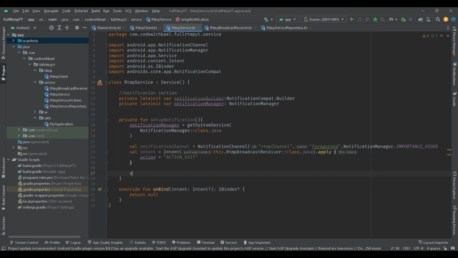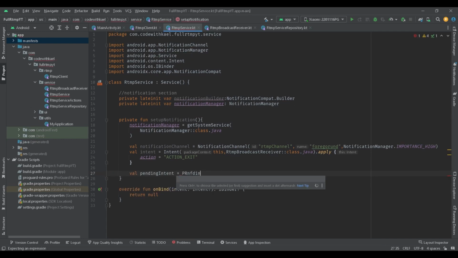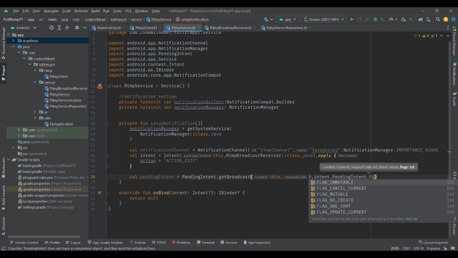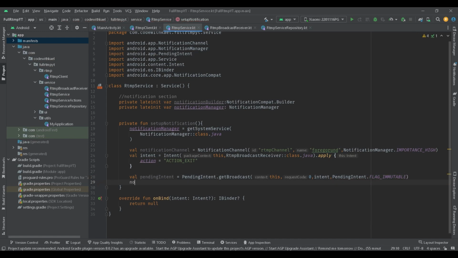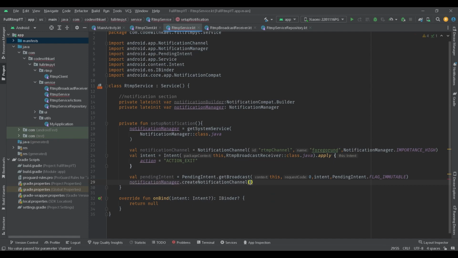And the pending intent of this notification is going to be PendingIntent.getBroadcast. The context will pass this. Request code is going to be 0. The intent of it is going to be the intent that we have created before, and for the flag we'll pass FLAG_IMMUTABLE. So using notification manager, let's create notification channel first, and then let's instantiate my notification builder using